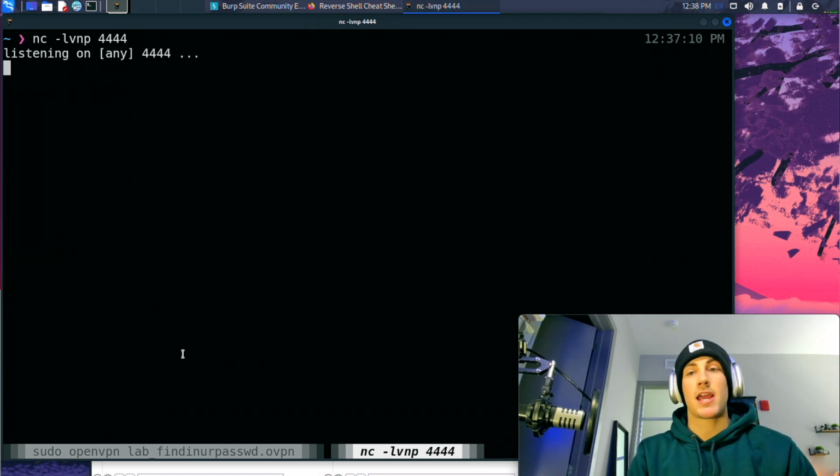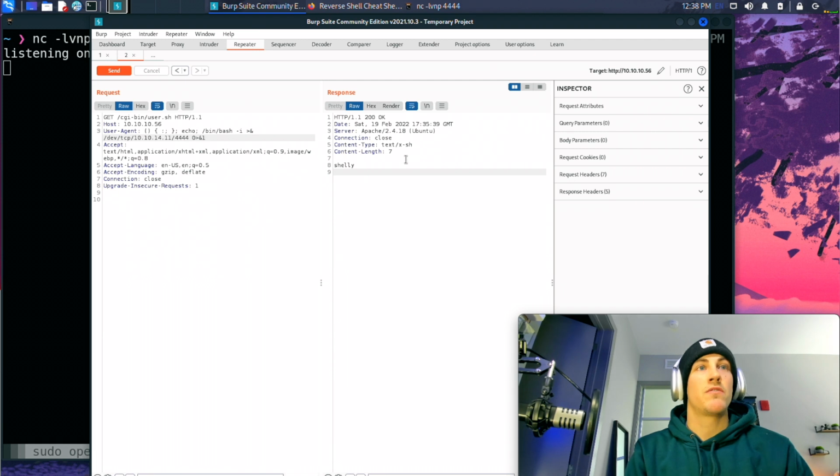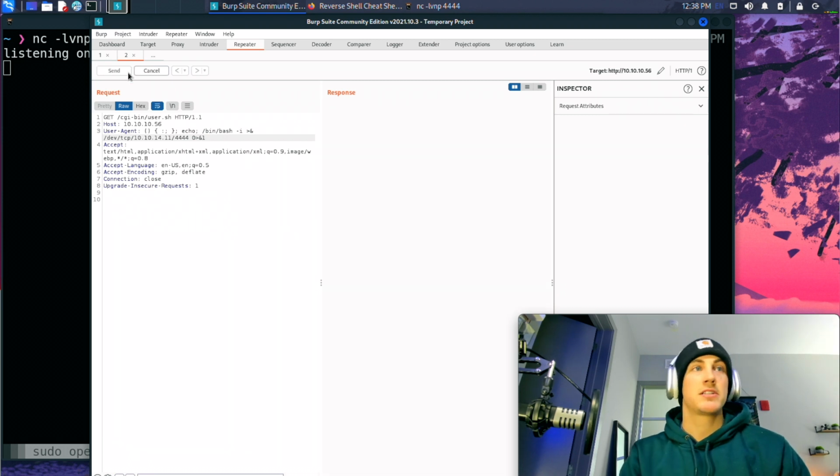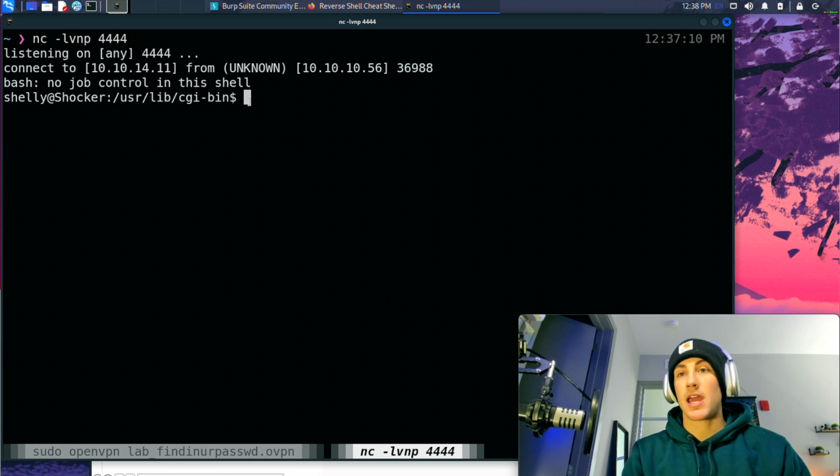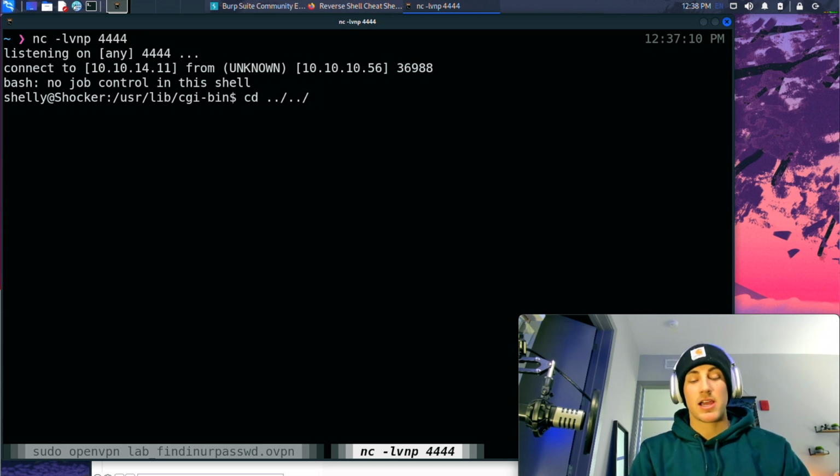We'll go ahead and click enter to start listening for any connections on that port, and then we'll come back over to Burp Suite, make sure that this looks all good, and it should be good to go. So I'm going to go ahead and send this payload in, and then it looks like we did get a response from the server. It sent us back a reverse shell. So now we should be able to do things like